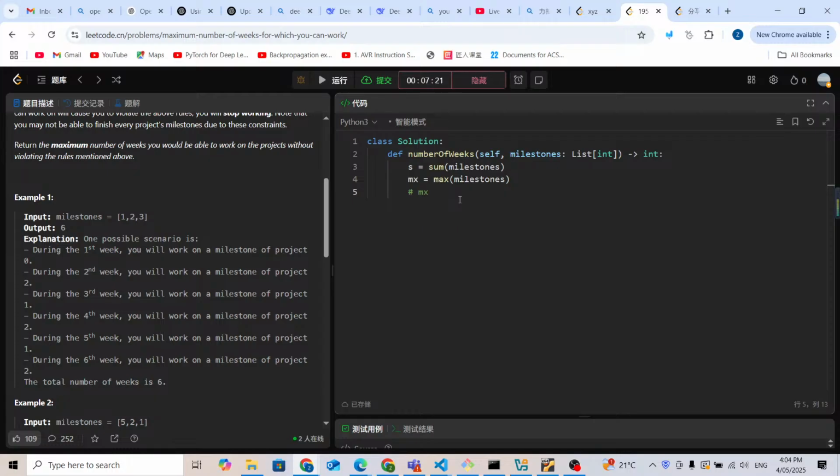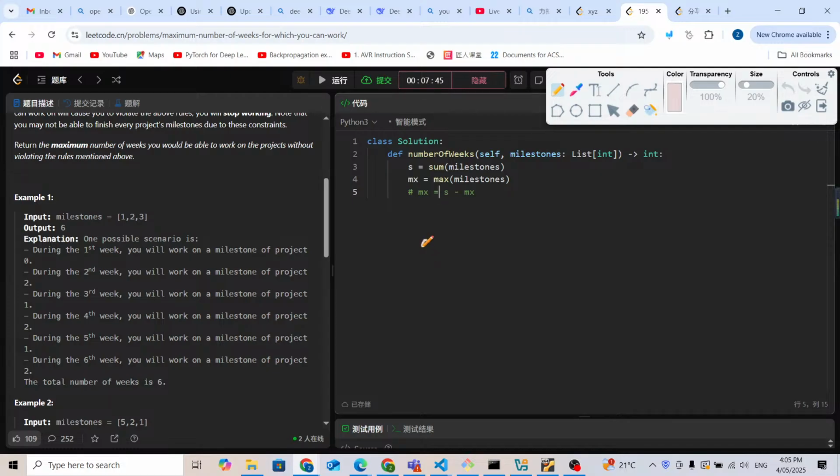Just imagine we have the maximum of milestones inside this array. It's going to be 3. What is left behind is S minus mx. There must be some relationship between this maximum and the total sum minus the maximum. If they are equal, definitely we can finish.